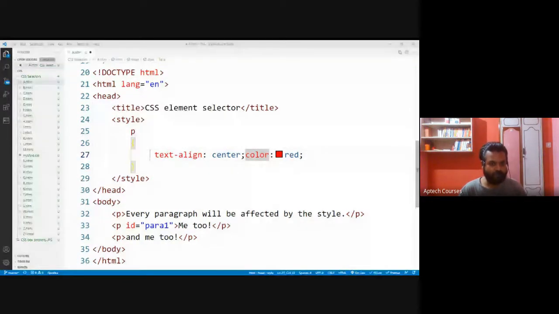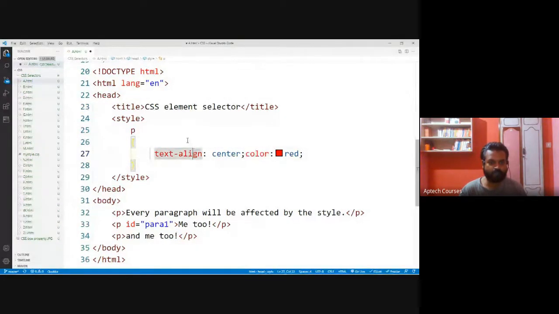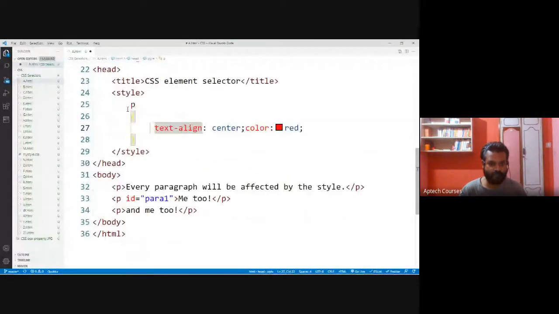So this is which selector? Actually, we are talking about the simple selector here. This is the simple selector category.